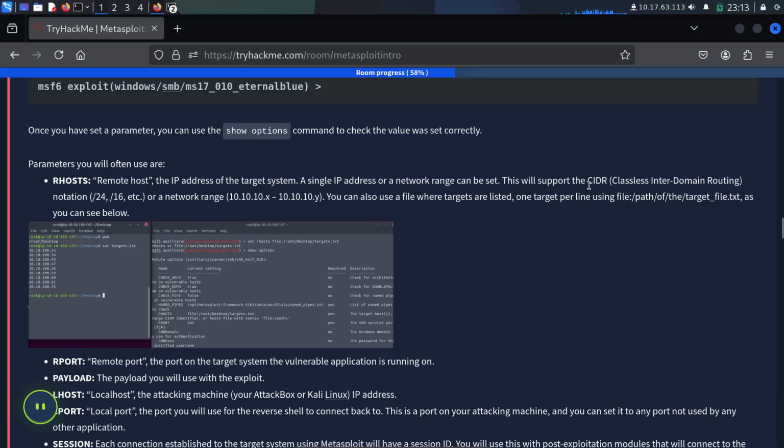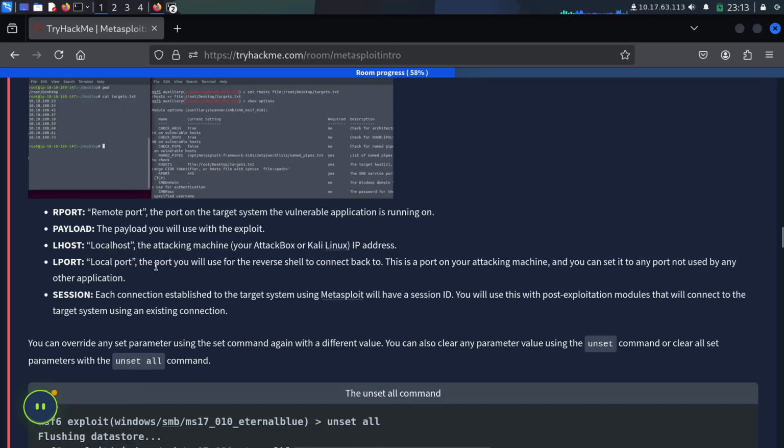This will support CIDR classless inter-domain routing notation, /24, /16 or network range. You can also use a file where targets are listed, one target per line, using file:path of the target file as you can see below. RPORT, payload, LHOST, RPORT and session.